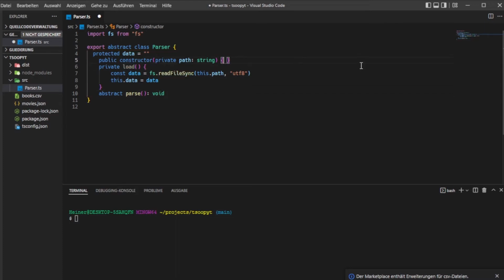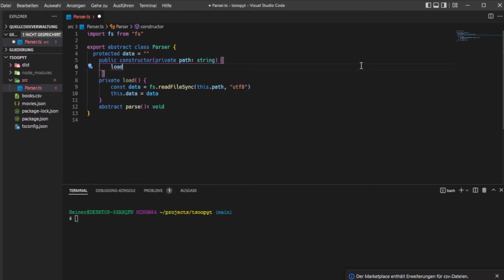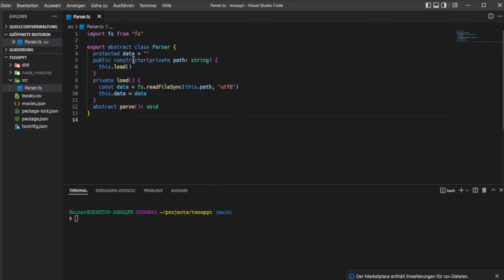This load method, we want to call it automatically whenever the constructor is called. So whenever this constructor of the parser class is called, we want to load the data automatically. Beautiful. Now I would say we can start to implement specific classes, and we can start with the CSV